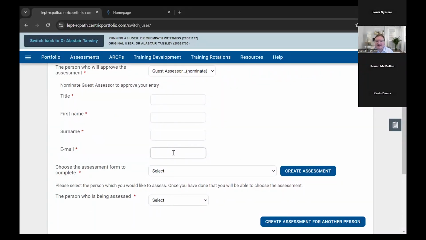We say reject, but it doesn't mean it's been completely rejected. It just means maybe there's a change they want you to make, or some issue. If it's rejected, it gets sent back to you. You can then make amendments and send it back to them once again, again via their email. They'll then be able to approve it, and then it will land in your account for you to associate with an ARCP. So just to make sure that this email is correct,